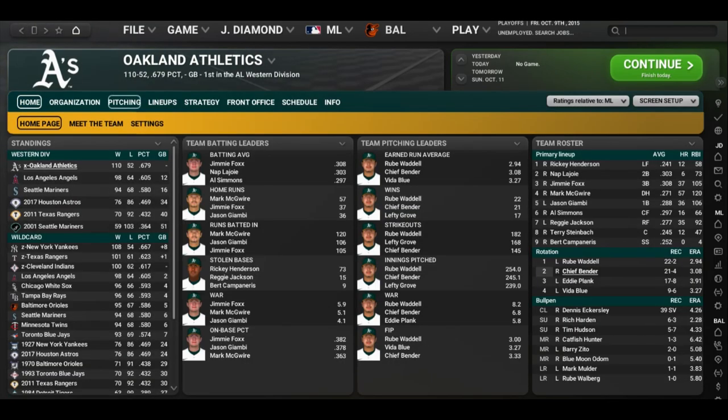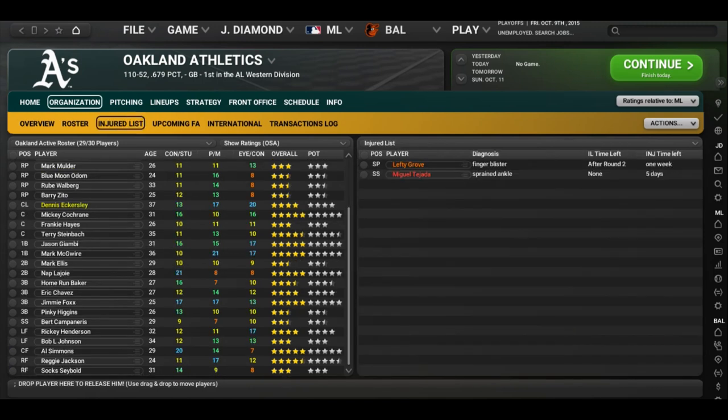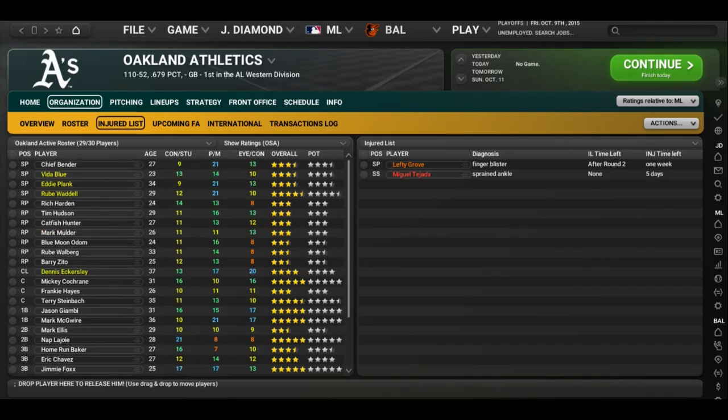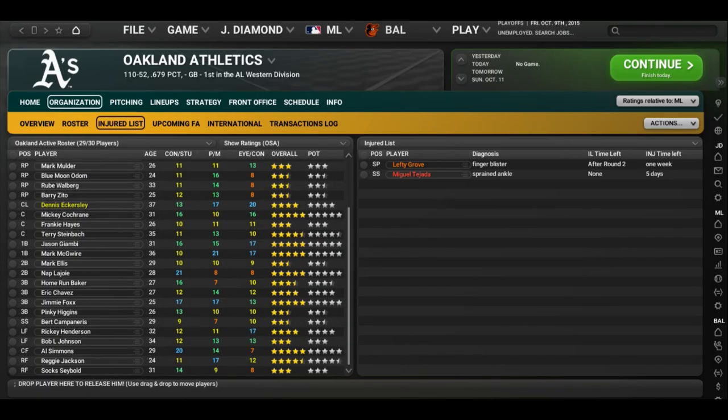Oakland, their injured list: Lefty Grove, finger blister. They said he'll be back for the ALCS. That remains to be seen. Miguel Tejada, sprained ankle. He'll be back in a week. Yeah, so Vida Blue in the 4 slot. I would have gone with like Catfish or Tim Hudson. Nevertheless,